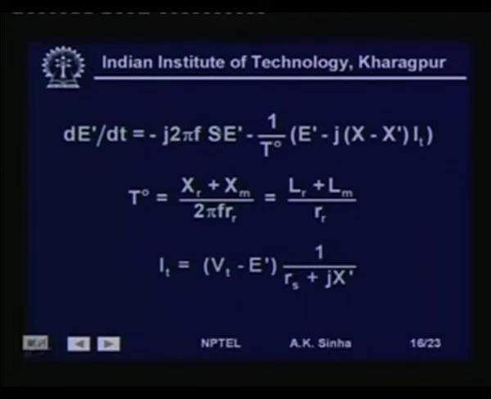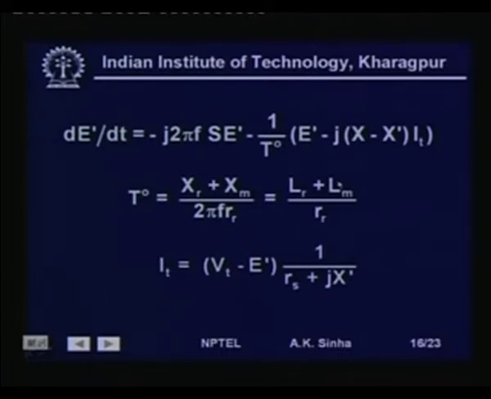So, j omega s is the slip into E dash minus 1 by T 0, which I can write as tau 0 into E dash minus j x minus x dash into I t, where tau 0 is the time constant, and this is given by x r plus x m by omega into r r, that is twice pi f into r r, which can also be written as L r plus L m by r r,